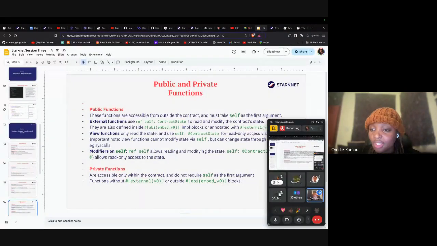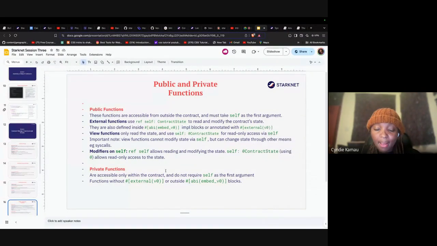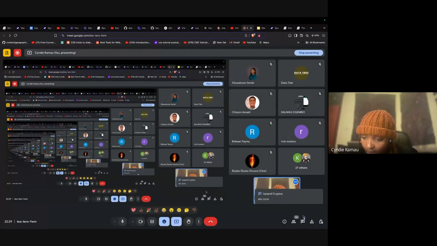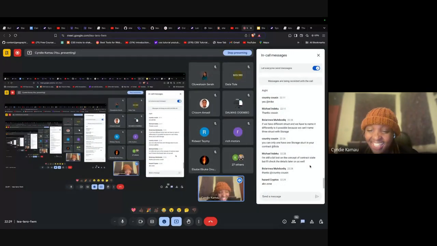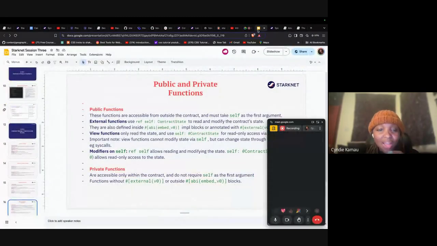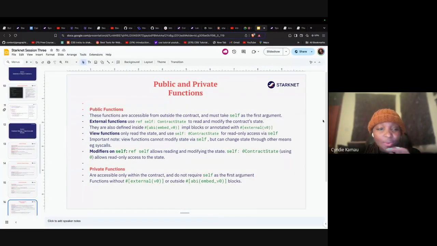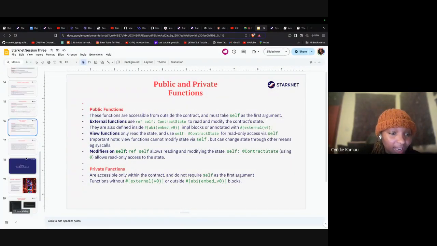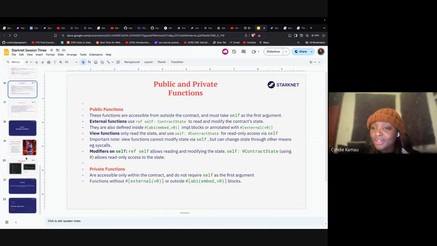So the difference between the private and the public functions is the public functions have these attributes which we wrote, the ABI and the external. Sorry guys, I did not even see time has gone really fast. So we might not be able to handle everything, but there's something really important also